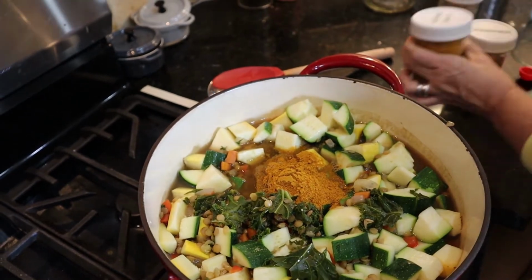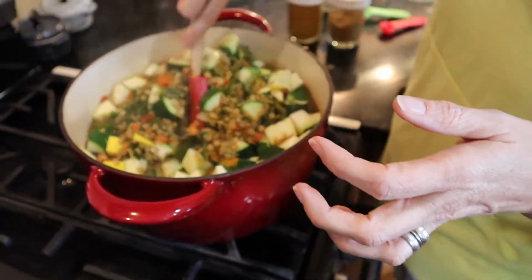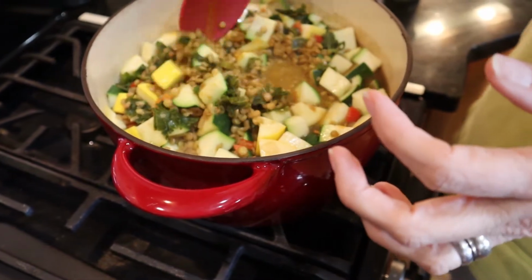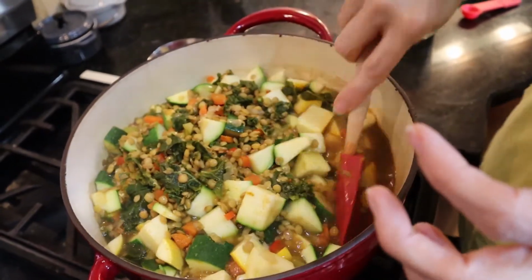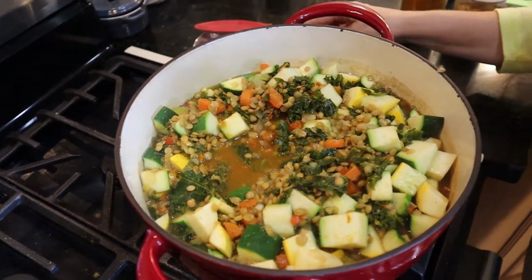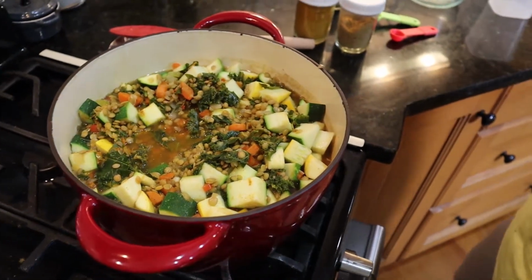Curry powder. There, let me stir this in. Oh, you can smell the curry powder now. It hit the heat. Bring it back up to a boil and then turn it down to a simmer, and then I'll just keep checking it till it's done. It should take about 10, maybe 15 minutes at the most, because lentils usually take about 20 to 25 minutes to cook. So we are going to turn up the heat, bring it back up,